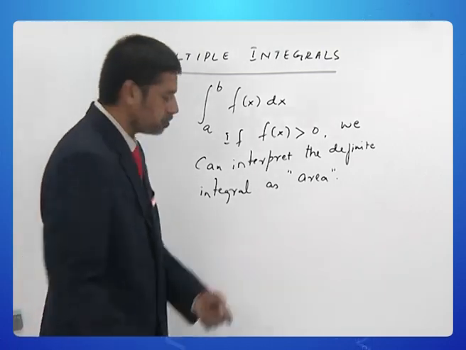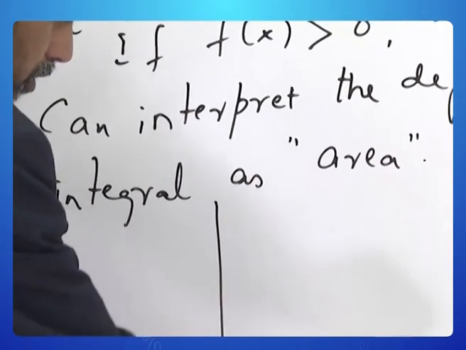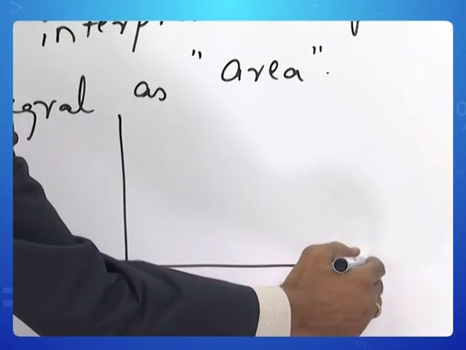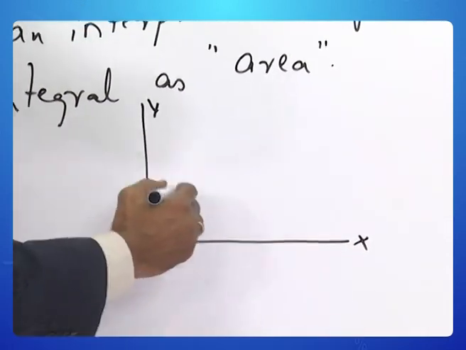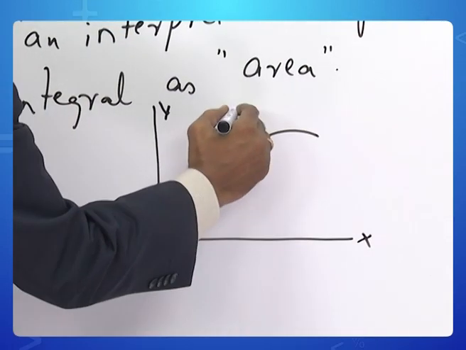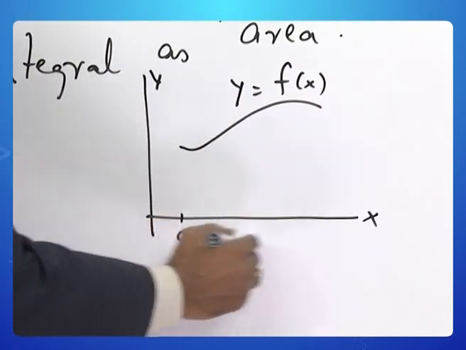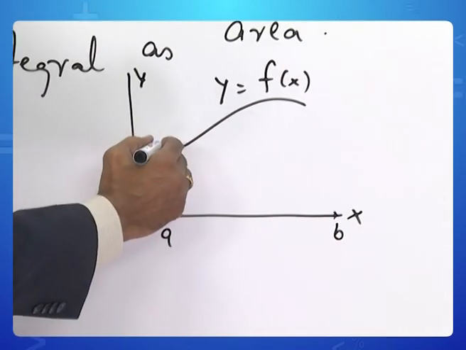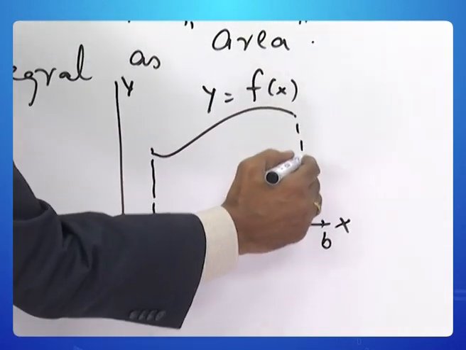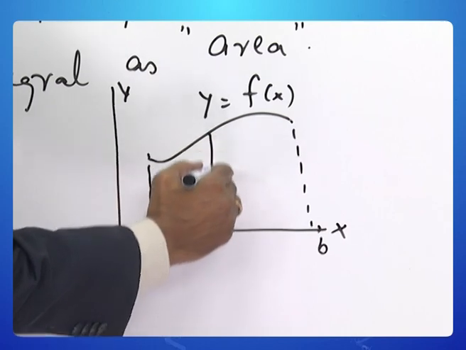That is because if you have y is equal to f of x from a to b, then